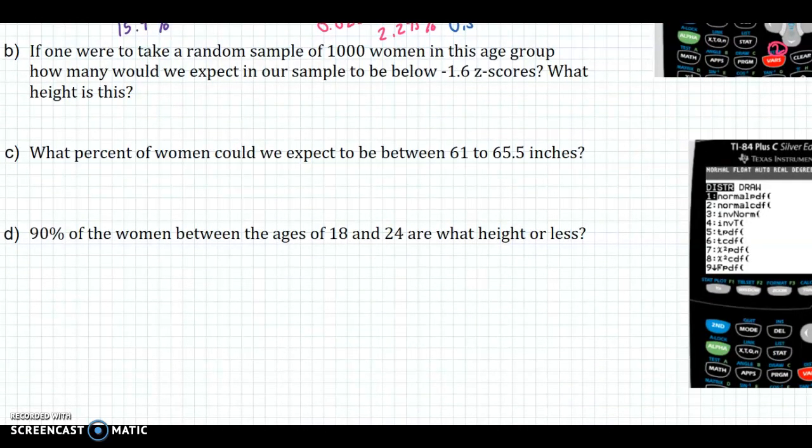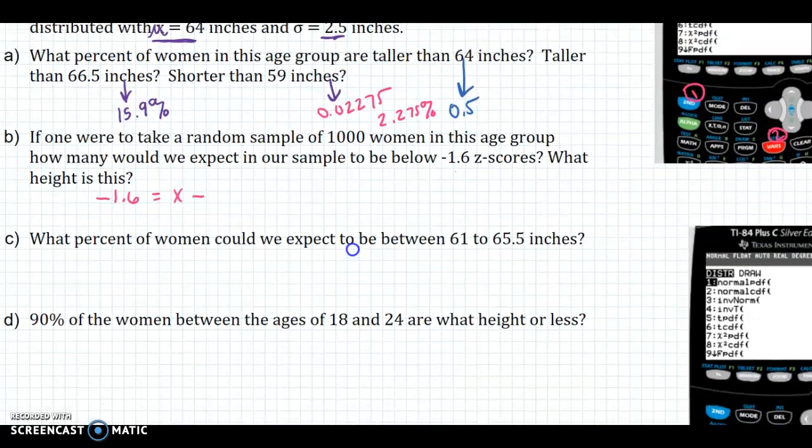If we were to take one random sample of 1,000 women in this age group, how many would we expect in our sample to be below -1.6 z-scores? And what height is this? So we can do a little bit of backtracking. First, we need to figure out what height this is. So if I know the z-score is this,